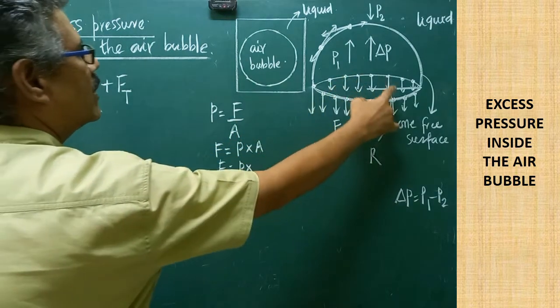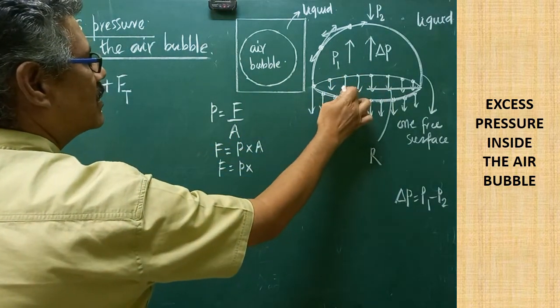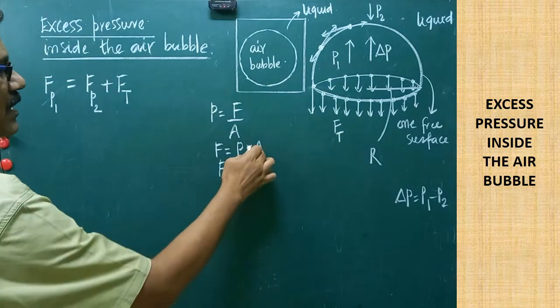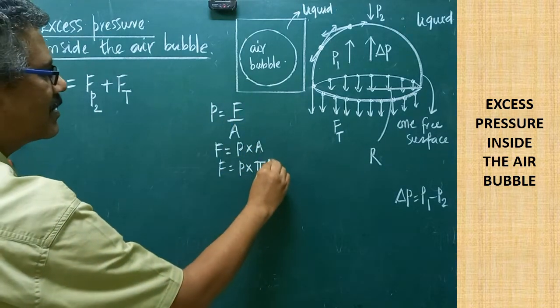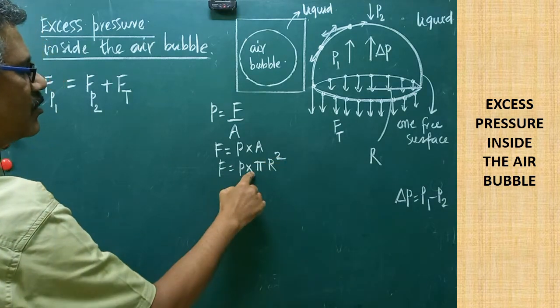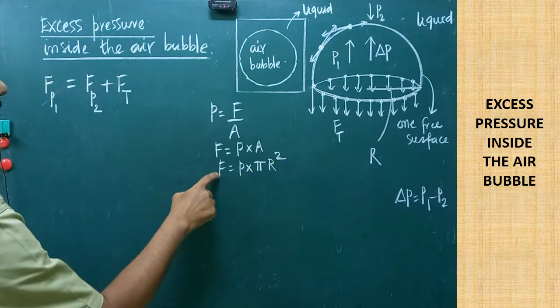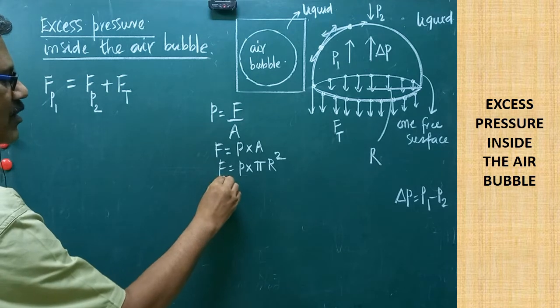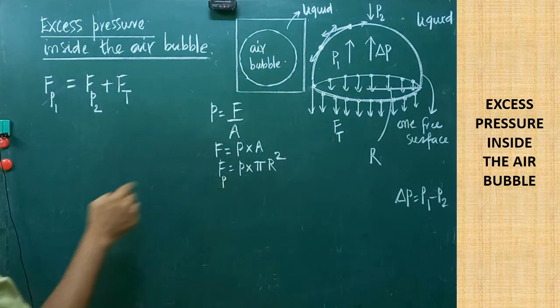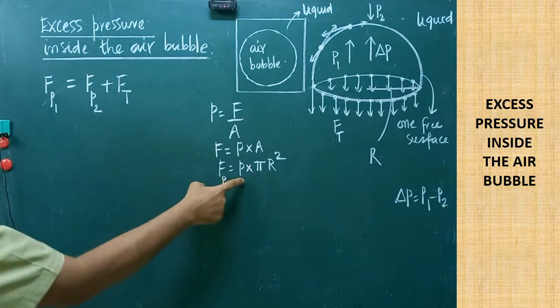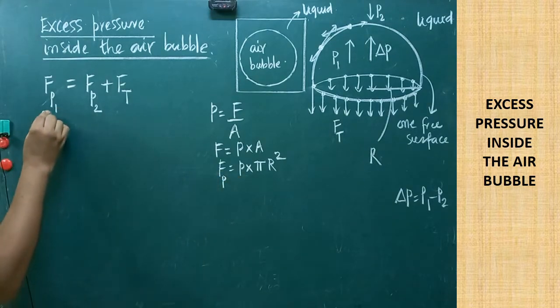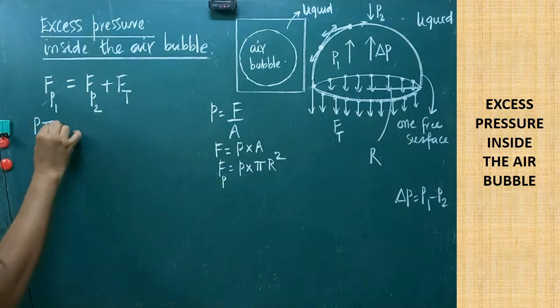This lower part of the hemisphere has one cross-sectional area, no? That area of cross section, since it is in the form of a circle, can be written as P into pi r square. So this is the formula from which we are able to get the expression for force due to pressure. So force due to pressure P1 is to be written. Since the pressure is named as P1, P1 pi r square